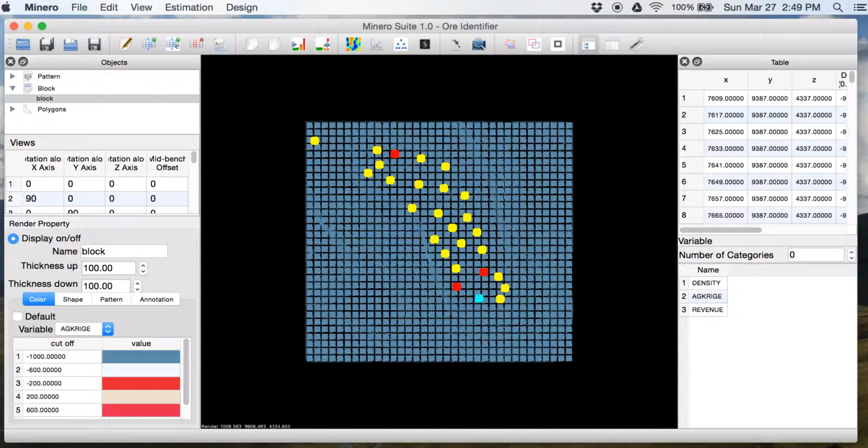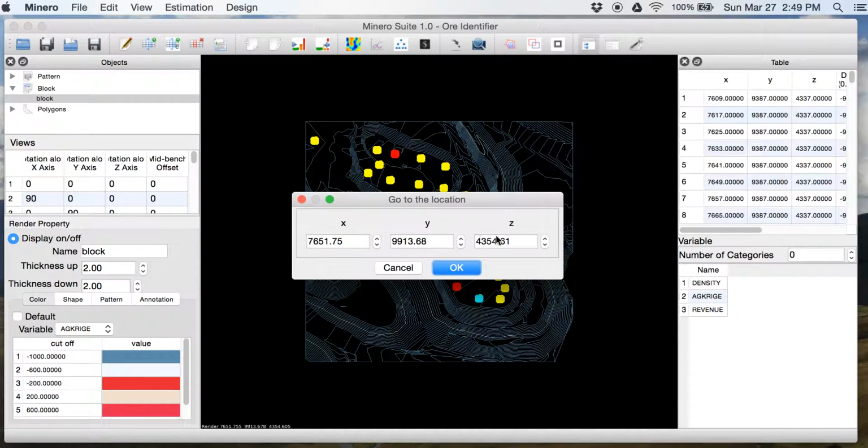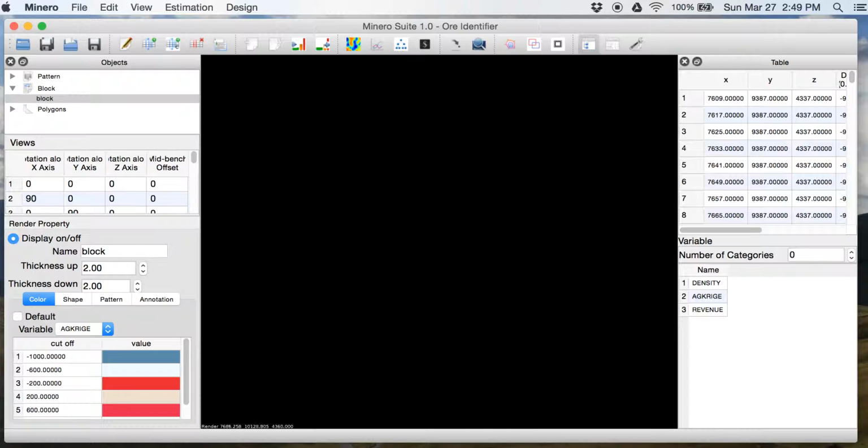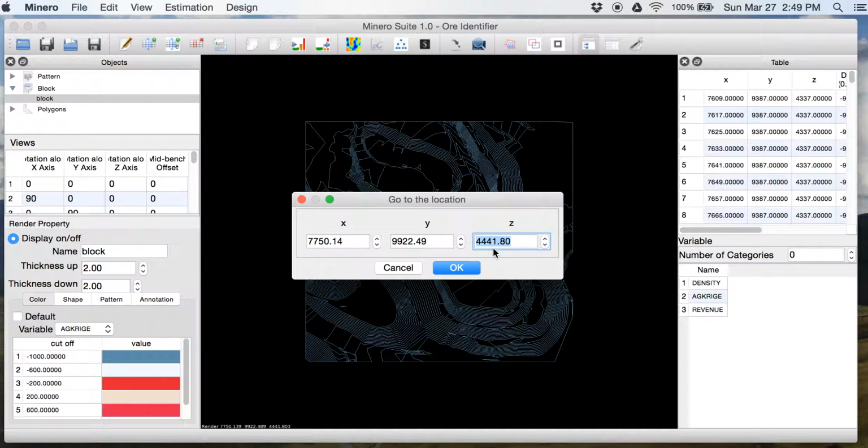So in addition to kriging, in this particular case, I'm going to set thickness up and thickness down. Going to go to the location 4360.